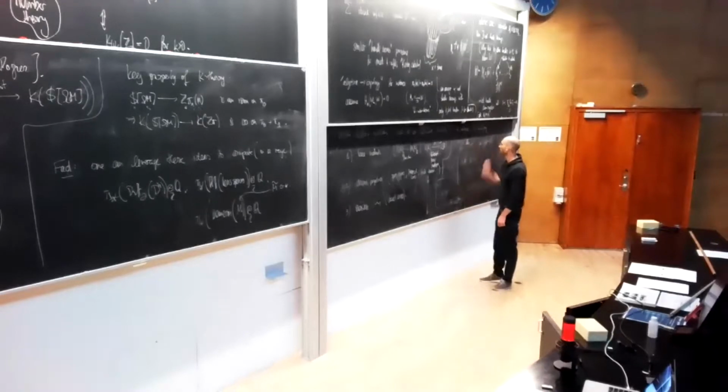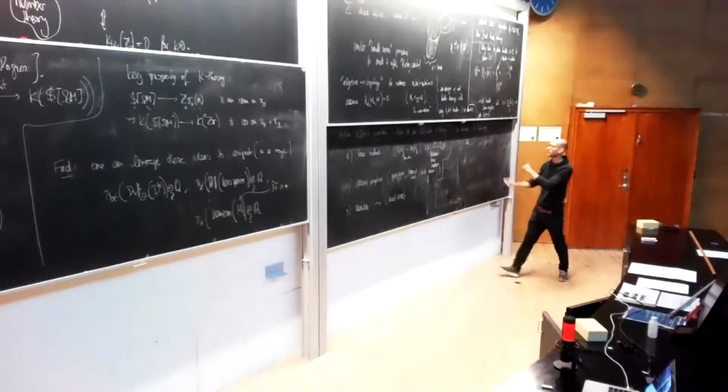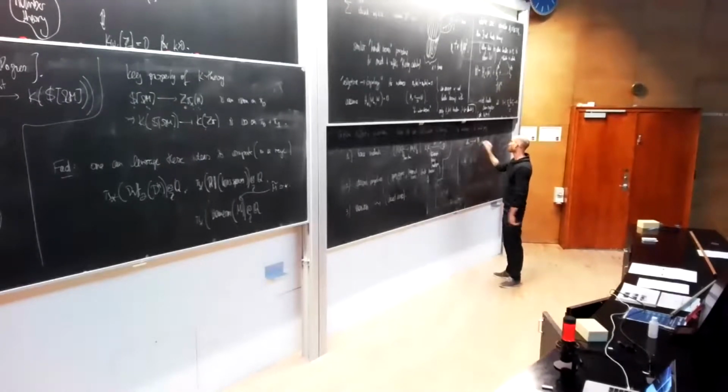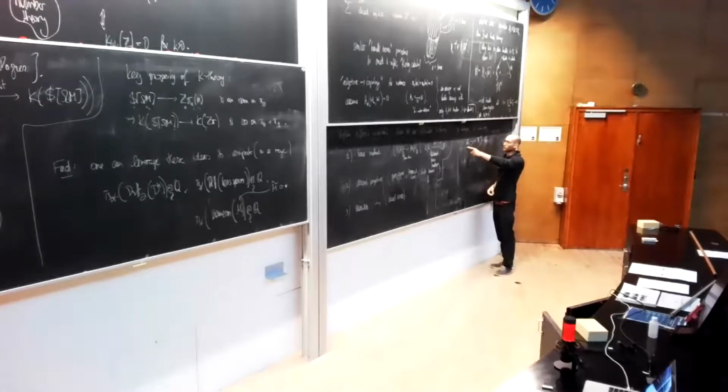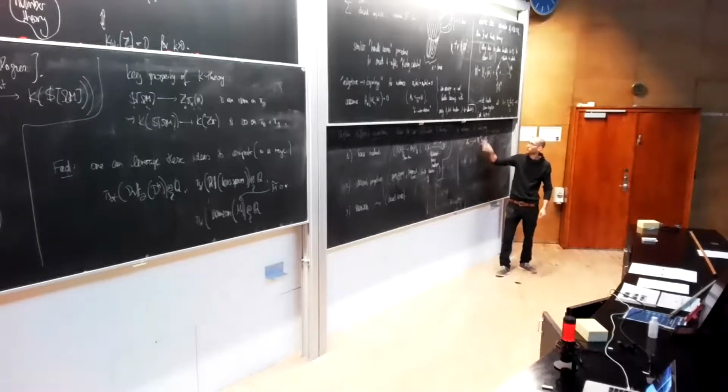And the typical situation of excision is as follows: you have a map of rings, and in this case, I want to take the map into something I might call the maximal order, which is like QG, and this is the maximal order. That is just the lattice inside QG containing ZG of maximal rank. So these things exist and are, from a ring theoretic point of view, much better behaved than ZG. So I believe, for instance, if you take the cyclic group here, then this maximal order will just be Z times the cyclic extension. So you adjoin the P-th root of unity to Z. So better behaved